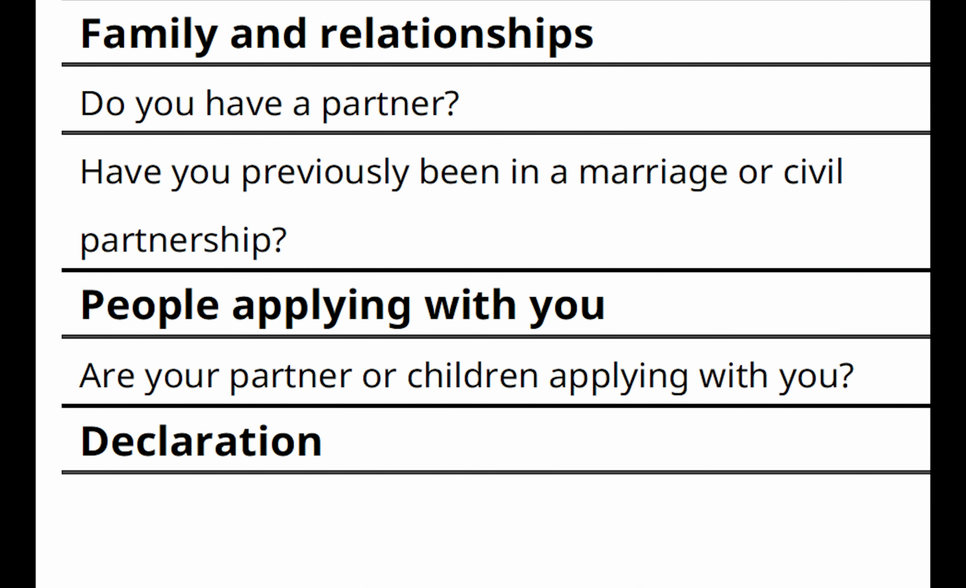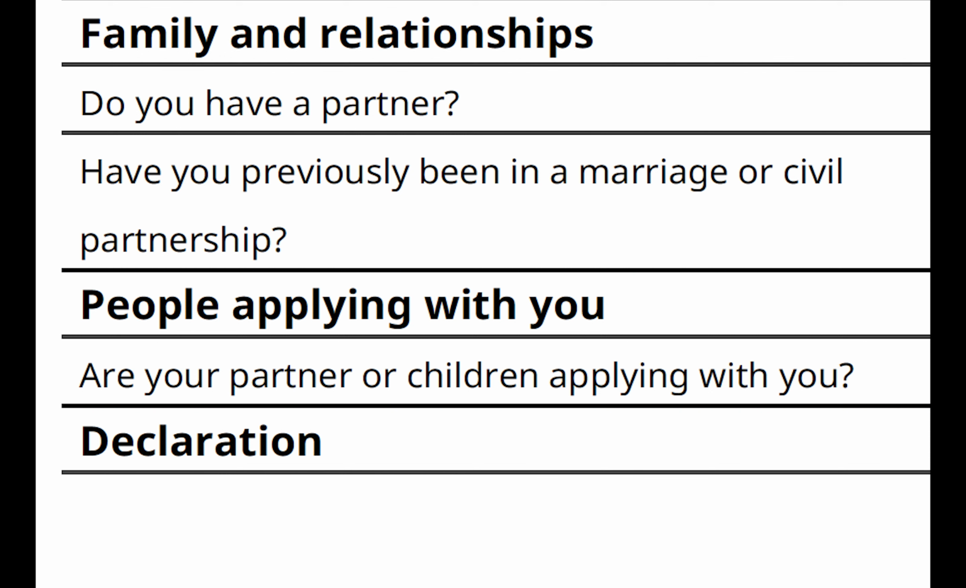Okay guys, coming on to the final section of the visa application. Do you have a partner? No. Have you previously been in a marriage or civil partnership? No. Are your partner or children applying with you? I selected no. And then you are required to sign the declaration. Please remember, once you do that, you will not be able to make any changes in your visa application. So please cross-check all the details, every information many times, just so there is no room for the errors or